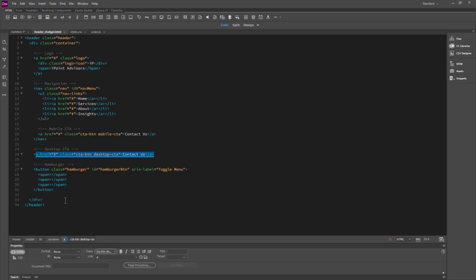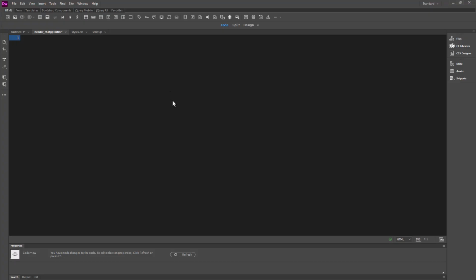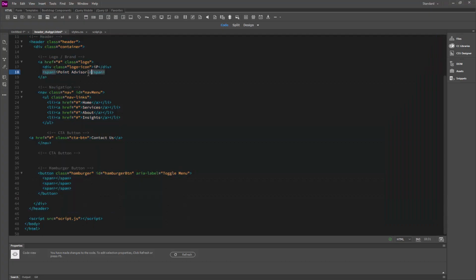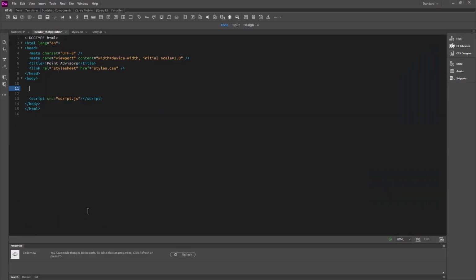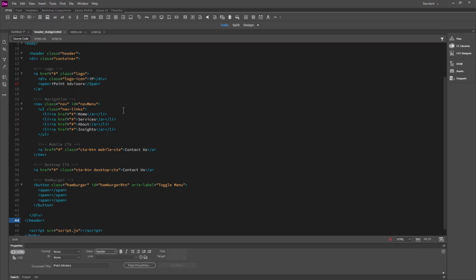I'll refresh, and oops, looks like I broke it. I broke it because I thought it gave me the whole page, and it only really gave me the header. So I'm gonna cut that part and then go back where I had the HTML and then just put in the header elements that were on that page. There we go, resave, and we'll see how this works